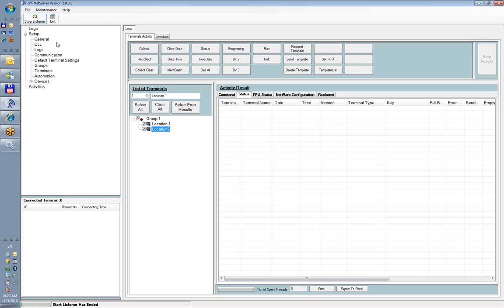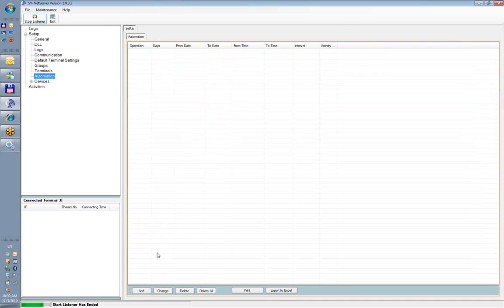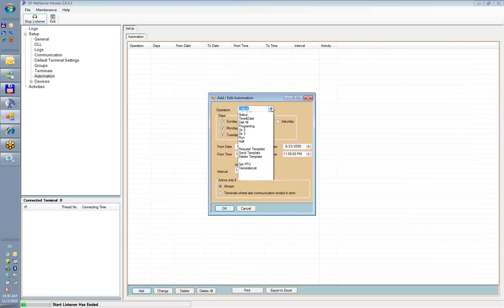Well, if you are going to use SYserver, then you will need to have this interface available for the customer. However, you don't have to have it running on the screen. You can have it running as a service, and you can automate SYserver to program the clock whenever you want. I have an automation screen here where I can create an activity such as